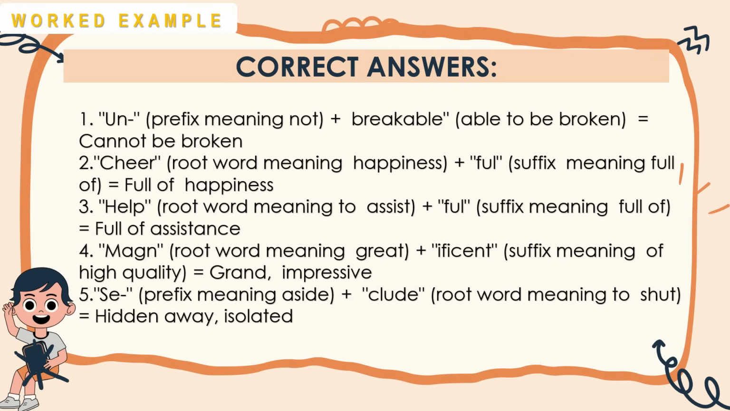Here are the correct answers. For number 1, un, prefix meaning not, plus breakable, able to be broken, means cannot be broken. 2, cheer, root word meaning happiness, plus ful, suffix meaning full of, means full of happiness. Number 3, help, root word meaning to assist. Last, ful means suffix meaning full of,